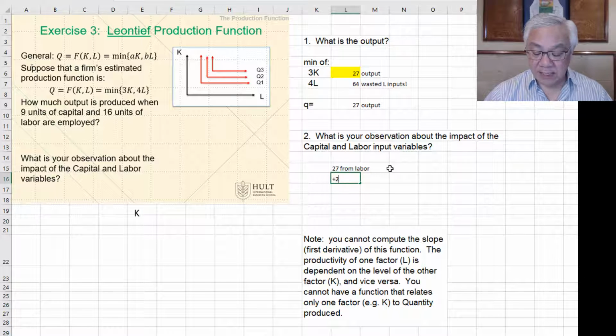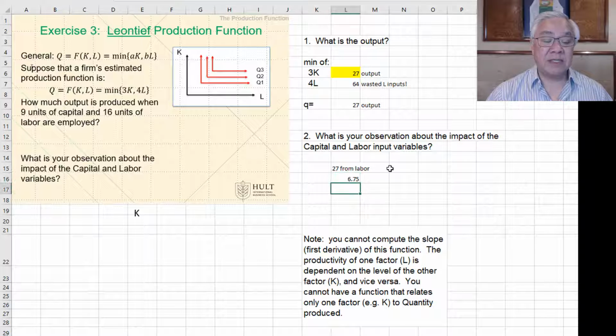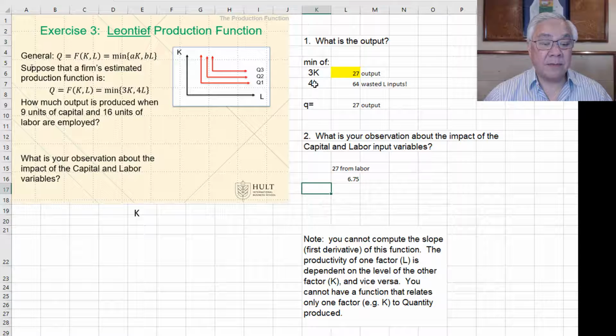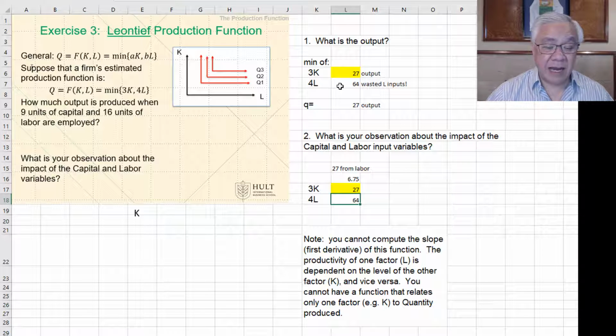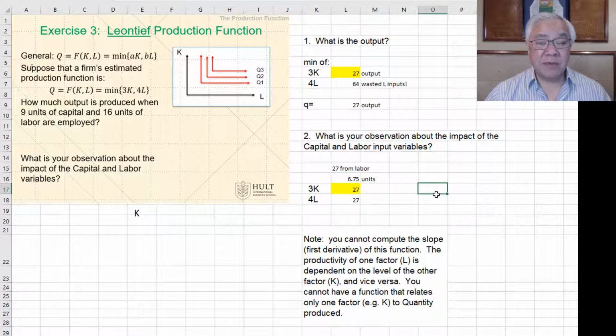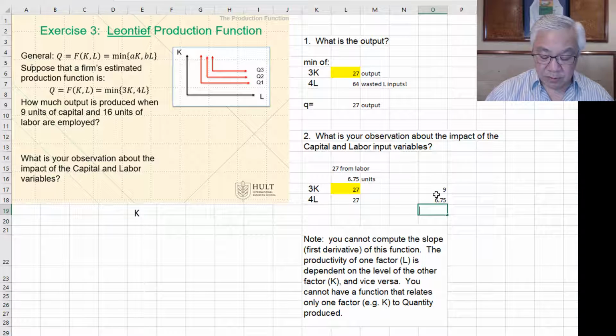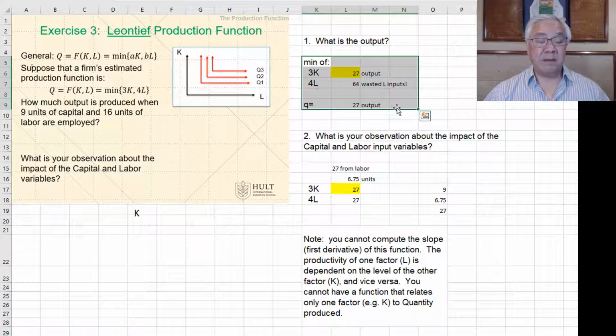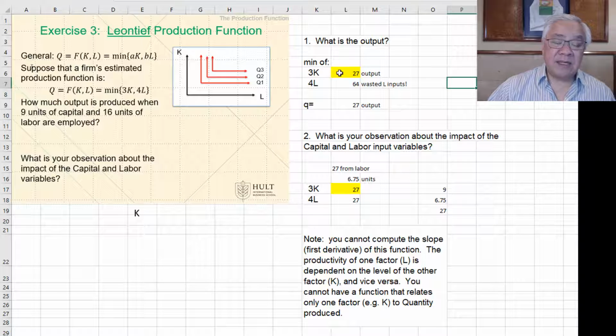Well, if we take 27 and divide it by 4, we will get how much labor we would have needed to get to exactly the same number. So 6.75. Let's just try this again. Let's go 3K and 4L. The 27 is the same because we're not playing around with that, but we are with this one. So now if we had 4 times 6.75 units of labor, we would be optimized. What this represents is this elbow, that corner, captured by the point where the optimal point is represented by K equal to 9 and only 6.75 for L, and the resulting output would be 27. So in this case, given this basket of choices, we would make 27 units, but we're actually wasting quite a bit of L because we were using 16, whereas 6.75 would have got us exactly the same output of